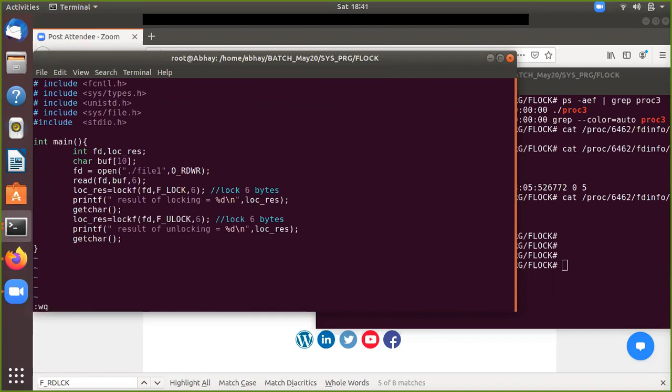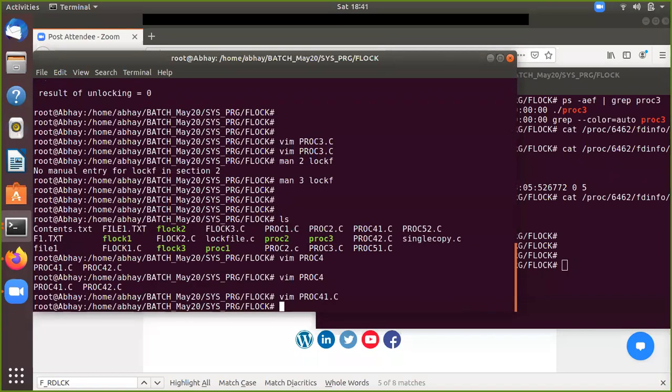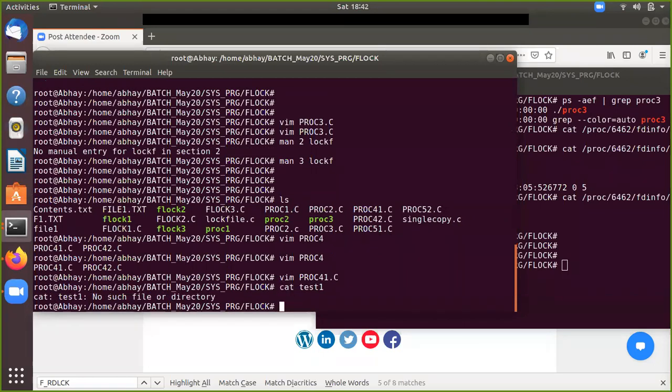So let's compile with GCC, and let me check the file1 content.